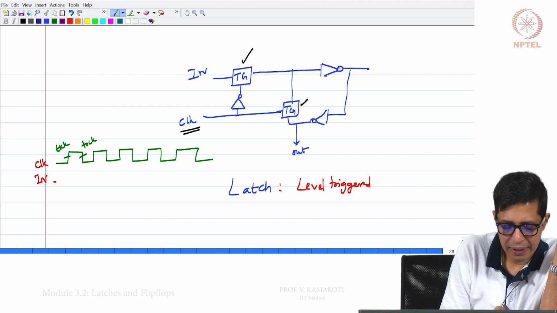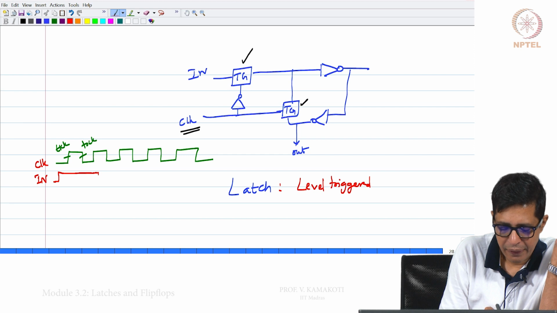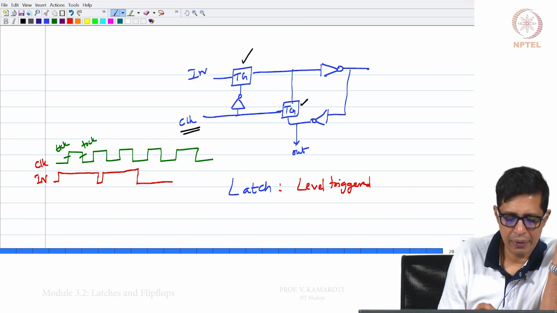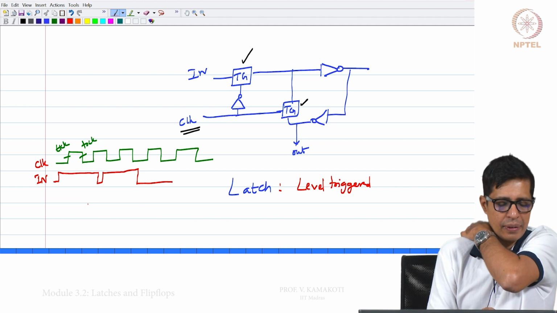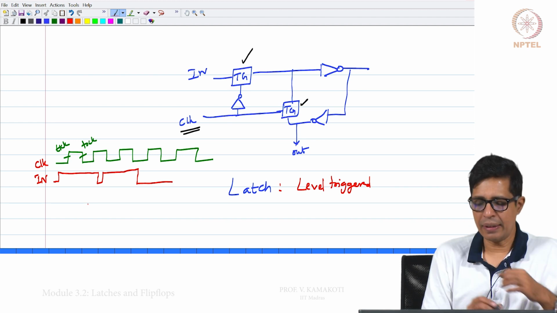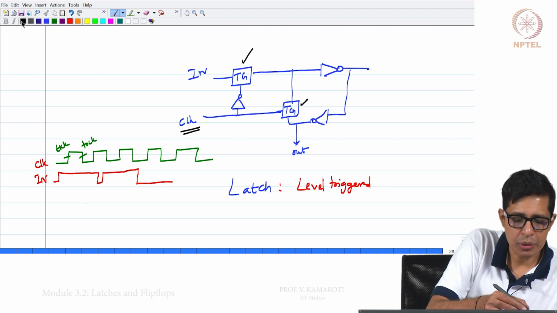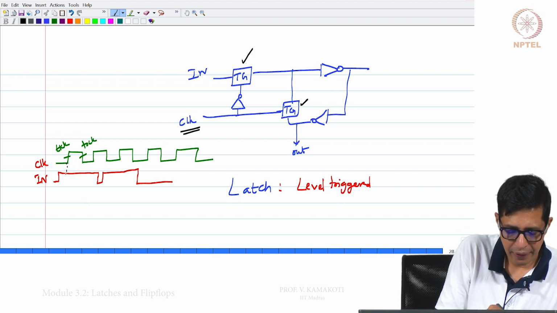Let me say that the input became 1 here, and so on. Now, let me also draw the basic clock pulse.